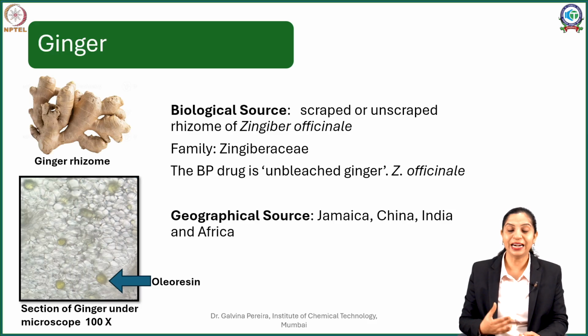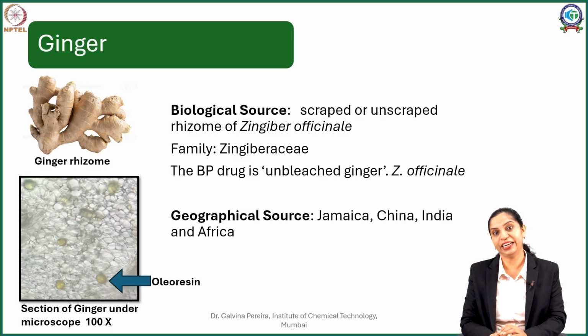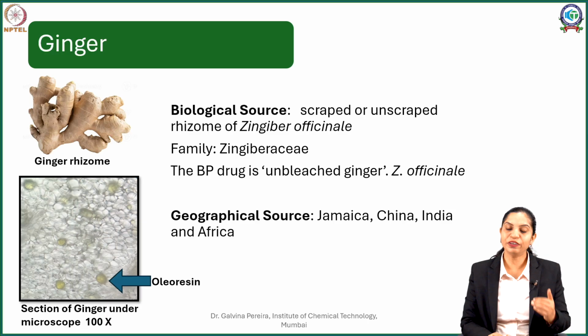Not only that, they also differ in pungency. So there is a good geographical variation even in Zingiber officinale obtained from different geographical sources. Now, once you cut the ginger, this ginger also comes under the category of what you call prepared resins. When we did our first session on resins, we said you have natural resins, and in some cases you need to have what are called prepared resins.